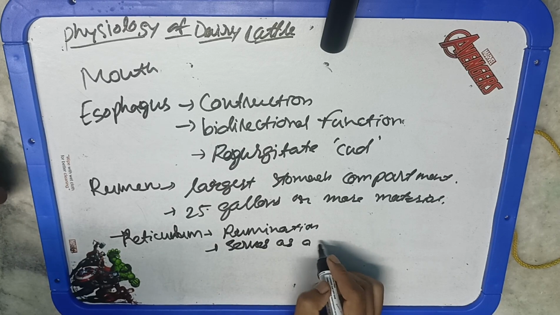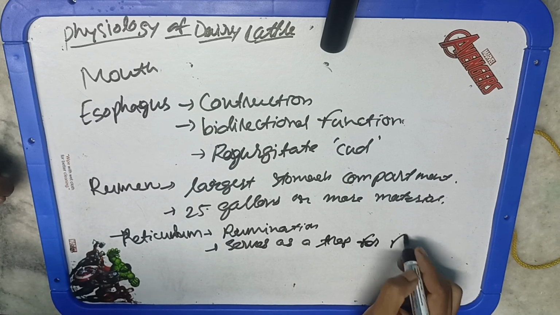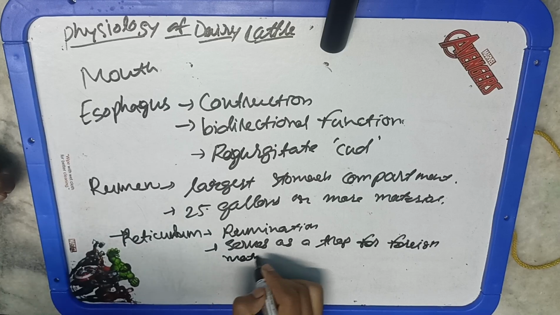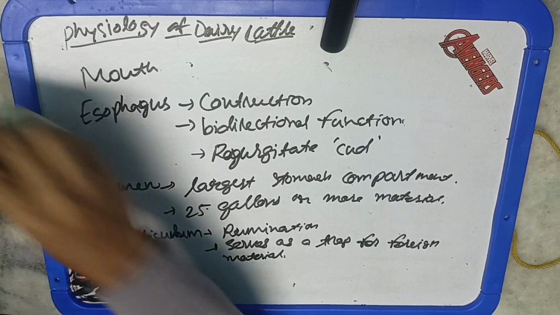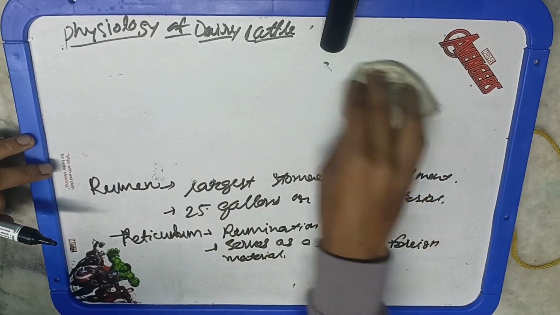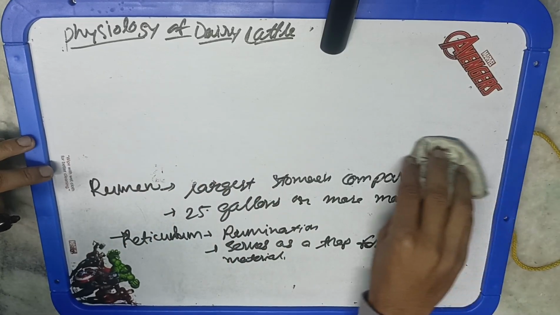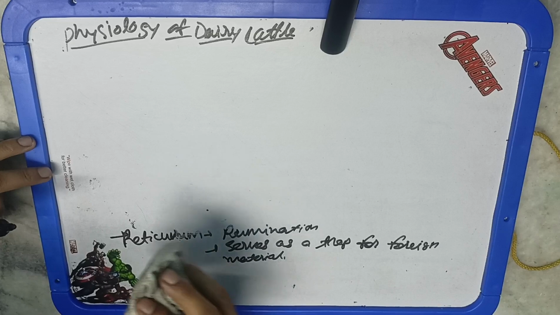Okay, now I think you might be understanding this thing. First, they swallow the food. It passes to the rumen, then to the reticulum, and then again it goes to the mouth for further breakdown of the fiber. Okay, cows eructate and belch during rumination, releasing carbon dioxide and methane. Okay, this is again a very important thing. Losing cud and ceasing rumination indicate digestive upset and improper rumen function. This is again important to understand, the digestive upset.